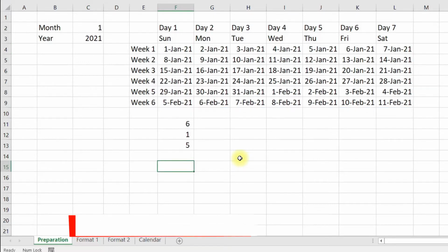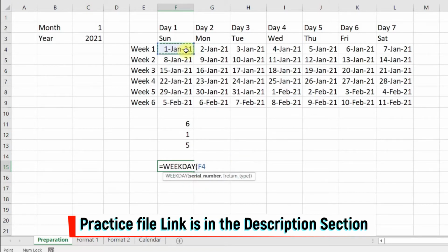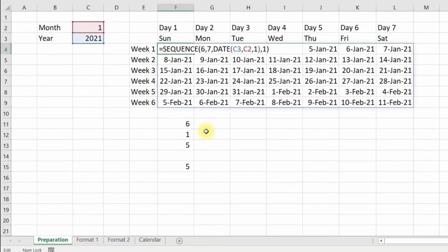For that I can use a formula equal to WEEKDAY of my date minus 1. Now copy this formula, go to the main formula, press F2 to enter the edit mode. Here after the start date, minus, start bracket, paste, close bracket.